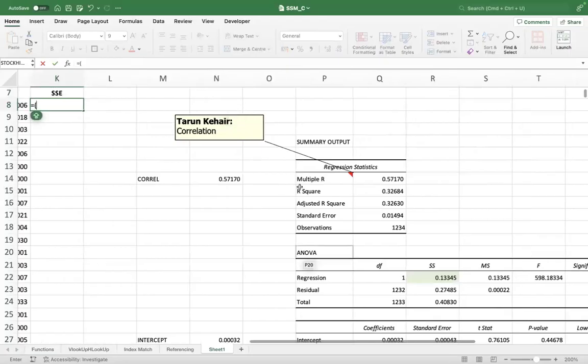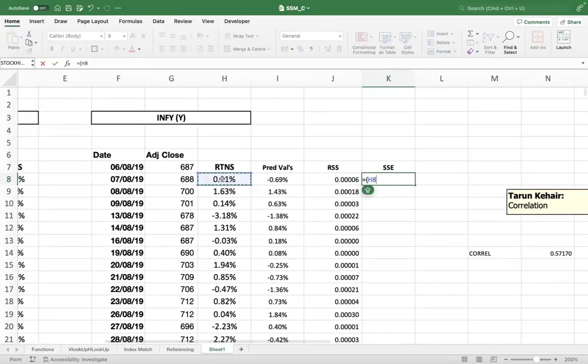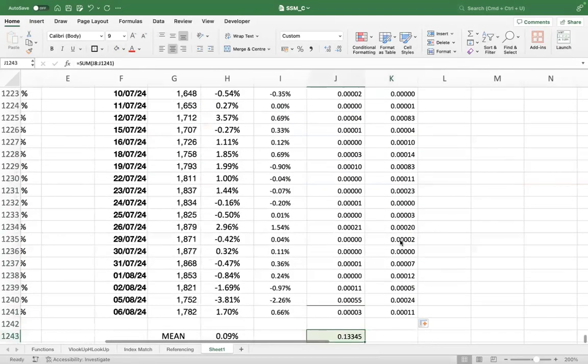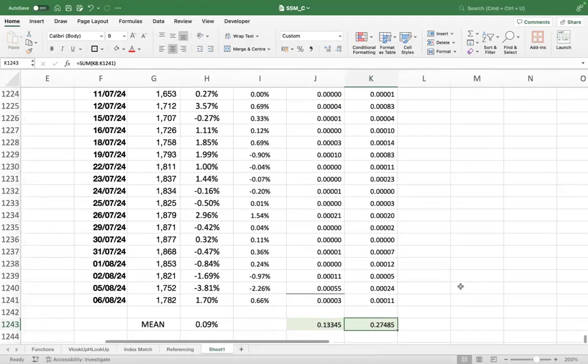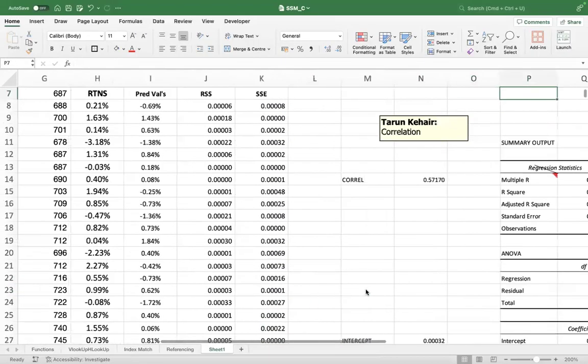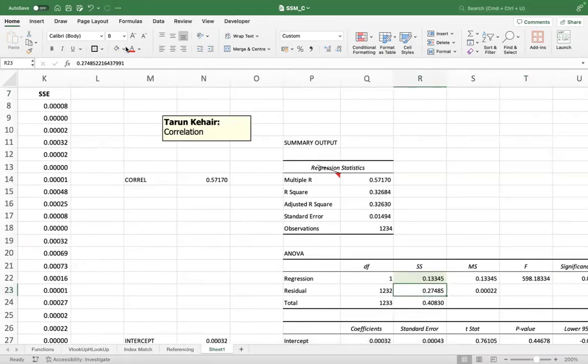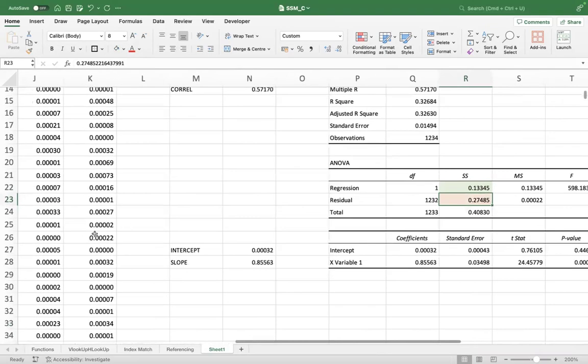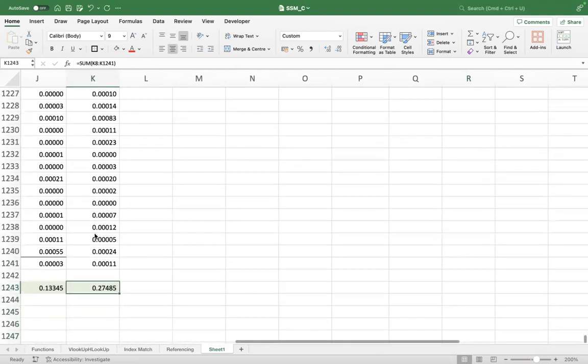So actual value of infi minus predicted value of infi, right? Return actual minus predicted whole square. Sorry, whole square. Okay. Again, convert it to 5 decimals. Double click and take a summation. 0.27485. यहाँ पे 0.27485. Now if you look here, this is your residual sum of squares और unexplained variance 0.27485, यहाँ पे जाके देखोगे तो आपको 0.27485 दिखेगा।